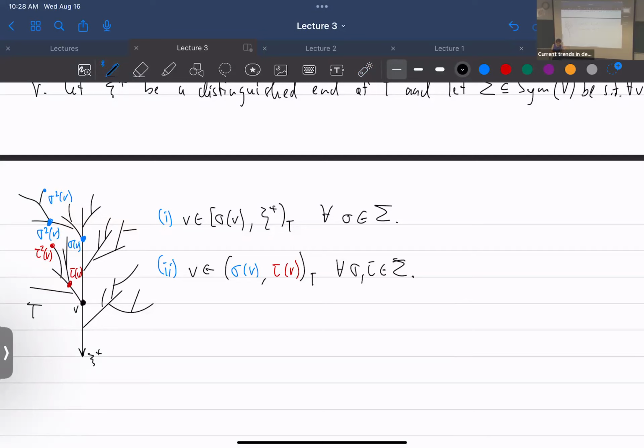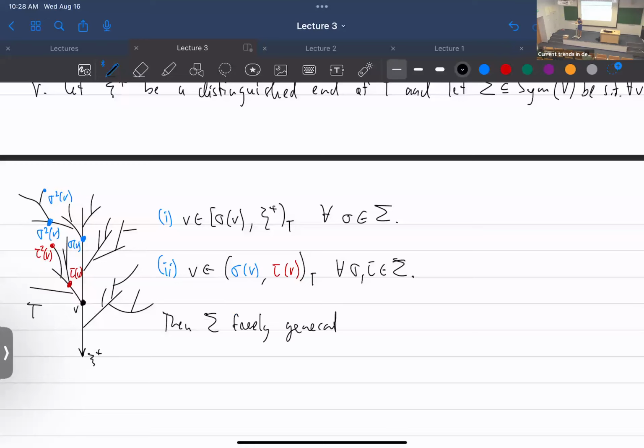So for equivalence relations, I just want for different equivalence relations, each class to sit on a different end. The class is a V to sit on the different end. That's what the correct generalization of this would be. Okay, then sigma freely generates the free group. And it's a free group